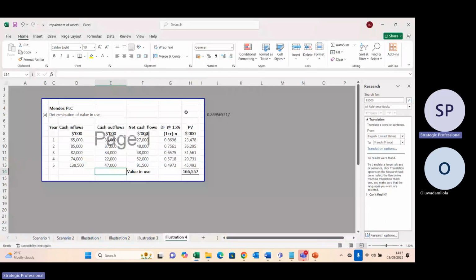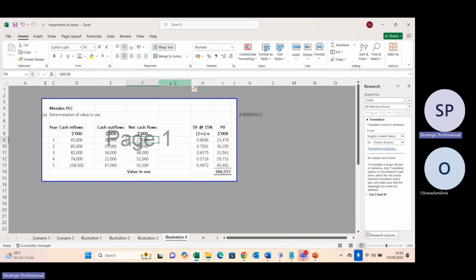So that's all for question 4. Like I said, before I forget, the pre-tax cash flow. Let's assume this was post-tax cash flow. If this was post-tax cash flow and you do this discount factor, present value, and you now tell the examiner that this is value, you have failed it. Because the standard specifically says that it should be the pre-tax cash flow that you should use in determining your present value. So in determining it, it means in the exam, you would need to work back.